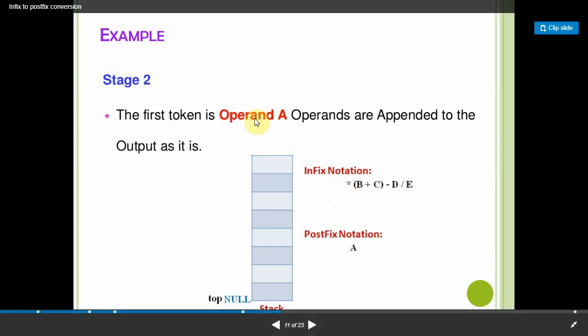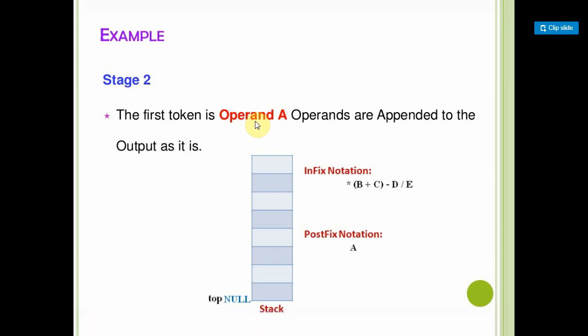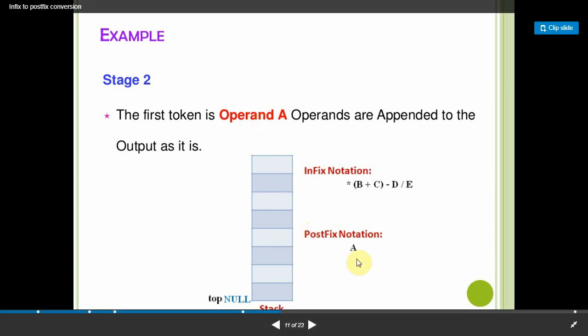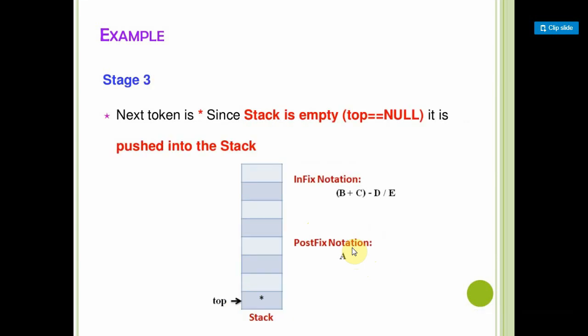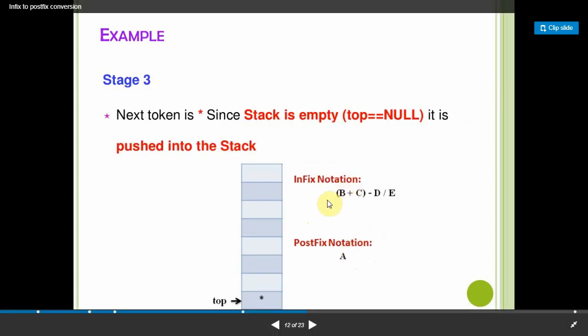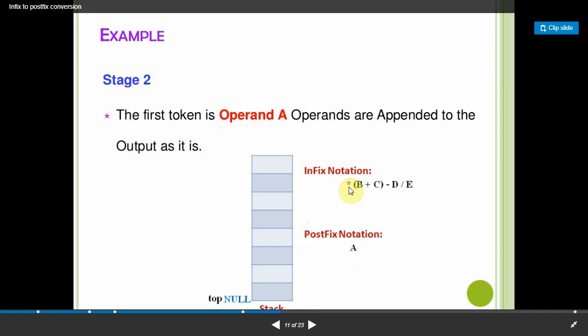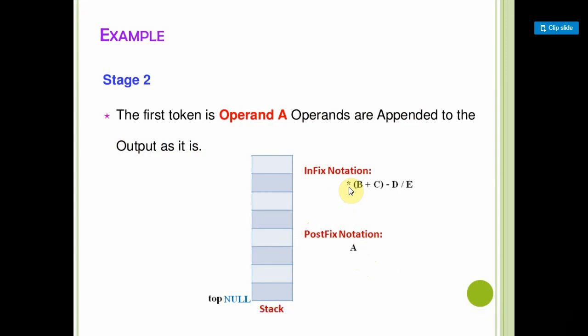So I have taken a. Here a is the operand. As per the algorithm, if the input is an operand, just append it to the postfix. Initially it is empty, and after adding to the empty string it will be a. A has been appended. Now your input is star. See that after a, what is there? Star, meaning the asterisk symbol. Now the asterisk symbol is an operator.